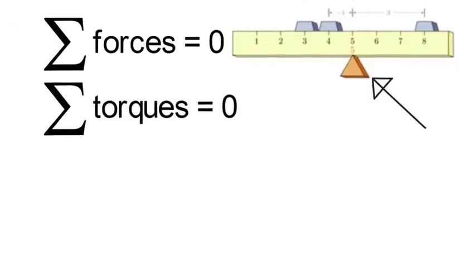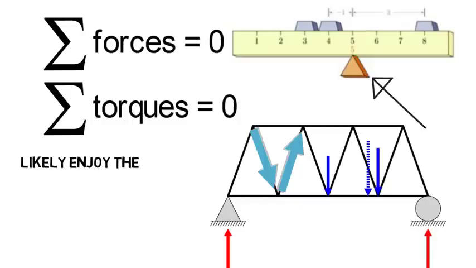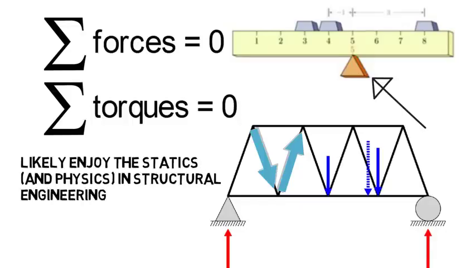So if you're looking at the forces within a bridge or truss, well, the same principles apply, but now there's just more to it. The weight is straight down as shown in blue, all the beams exert forces on one another, but the sum of them is equal to 0, and the torques sum to 0 as well because the bridge is not moving. And it's of course even more complicated than this, but if you enjoy that kind of basic physics you see above, then you'll likely enjoy the statics and physics you see in structural engineering. So that's just a very simplified explanation, but now let's dive into some of the classes they would take.